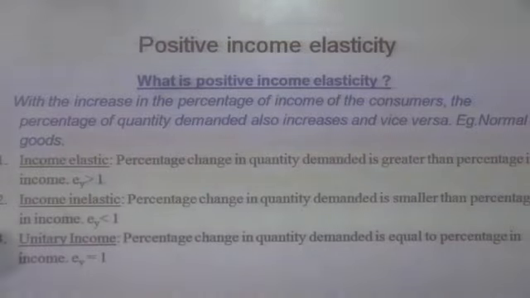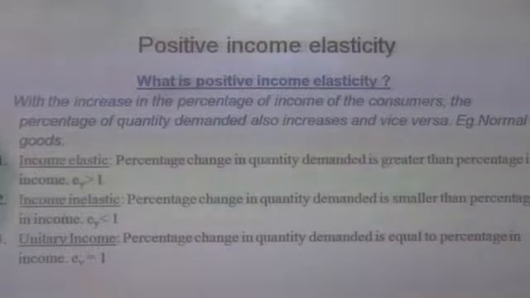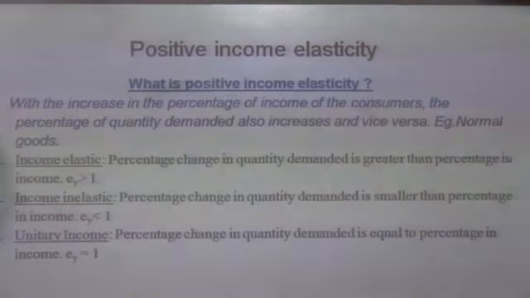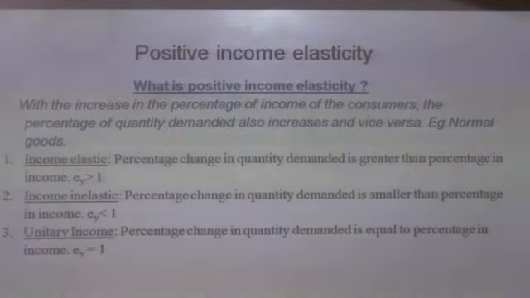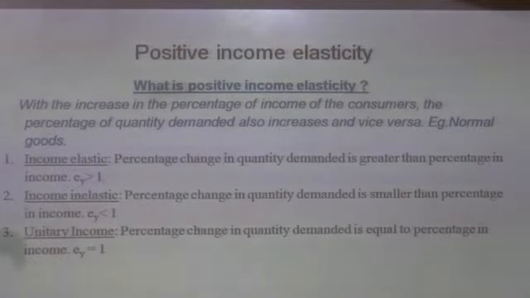The first one is positive income elasticity. Positive here means, as I taught you previously, that if the income of a consumer increases and the quantity demanded also increases, both are in the same direction. Increase in income, increase in quantity demanded, that's what happens normally. Or let us say the income of the consumer decreases. What happens to the quantity demanded? It will also decrease. Same direction, decrease, decrease. Both in the same direction, we say positive.